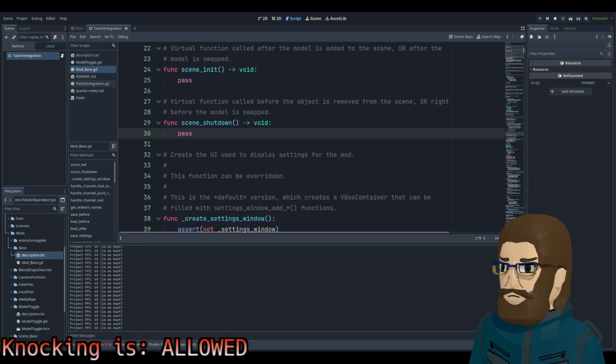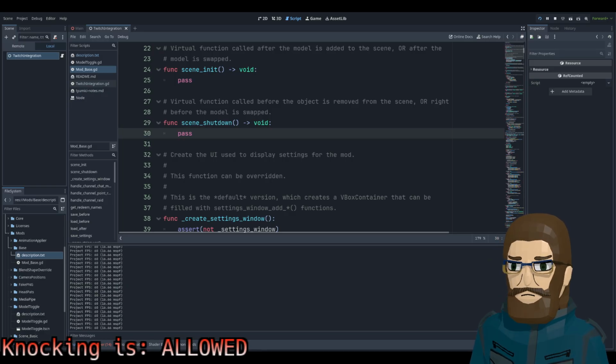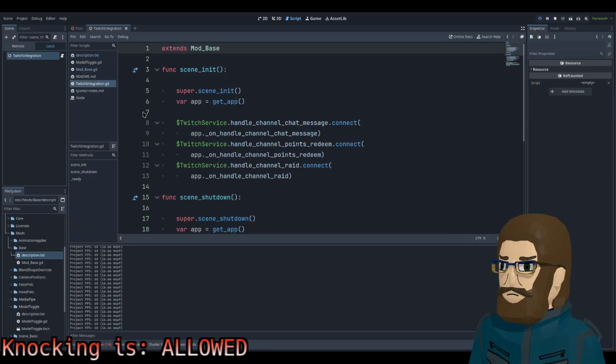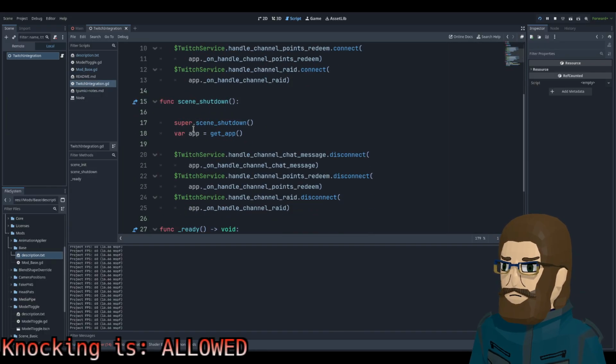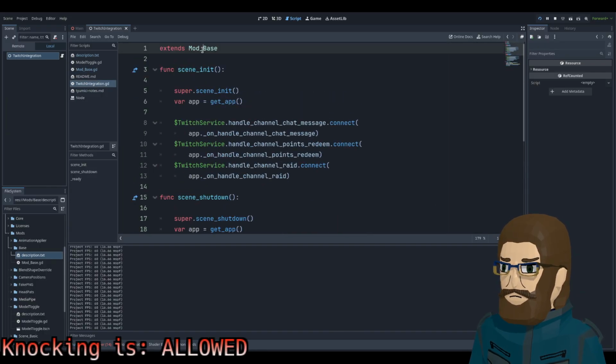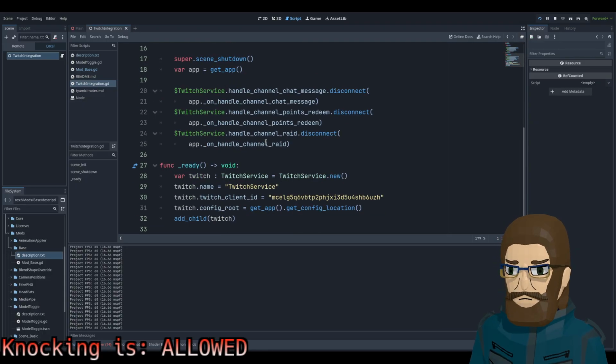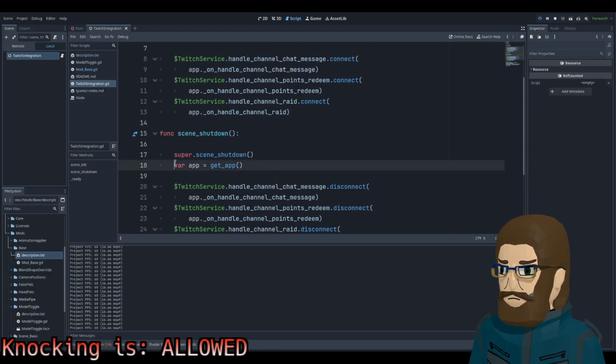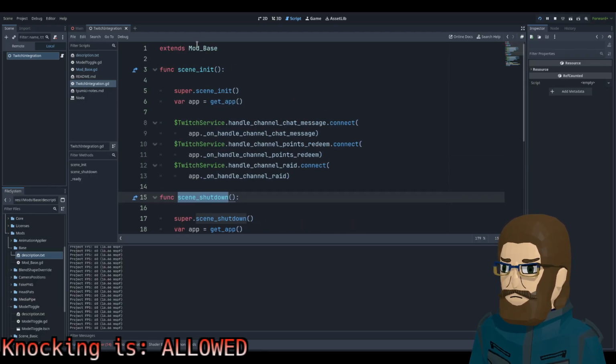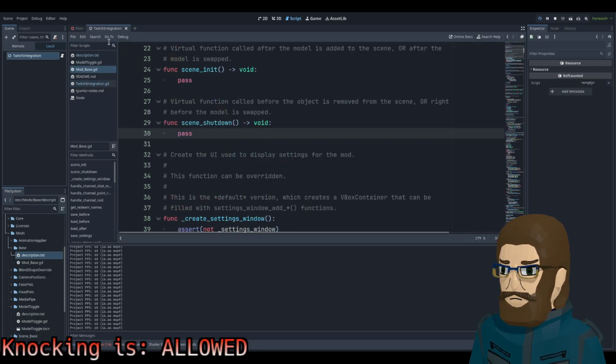Yeah, it's in there. It's in Twitch integration. Because in here, yeah, this extends mod. Is that how inheritance works in Godot? You're extending mod base, and mod base already has a scene shutdown function, but it's just passed.